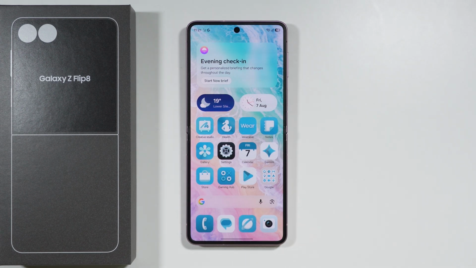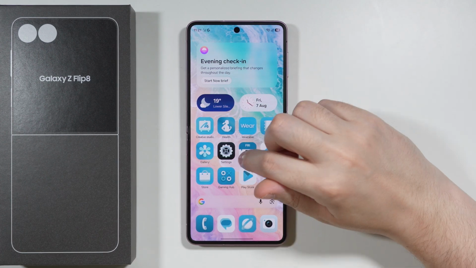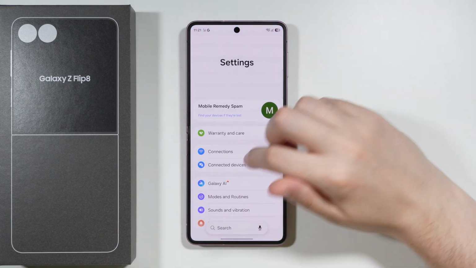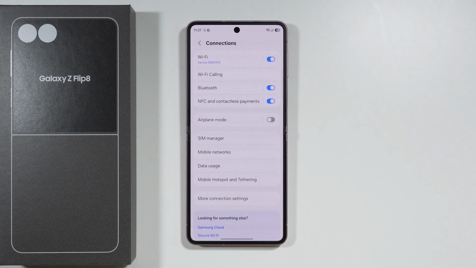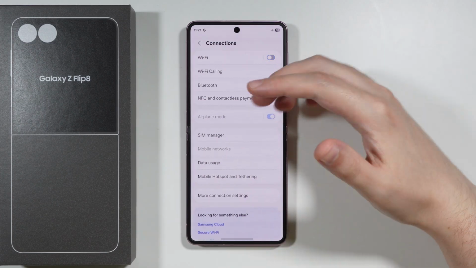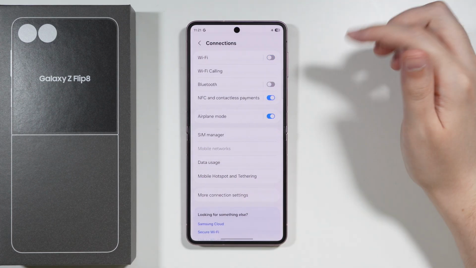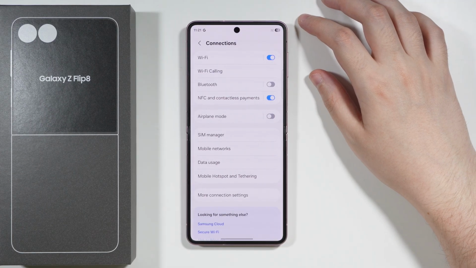If you have issues with Wi-Fi not working properly on Samsung Galaxy Z Flip 8, then let me show you what you can do to try to solve this issue. So first of all, we need to go to settings and we're gonna go to connections. Although it might sound obvious and silly for some people, I still feel like I need to mention this. You want to make sure that airplane mode is not enabled. If you do, then of course Wi-Fi is going to be disabled,